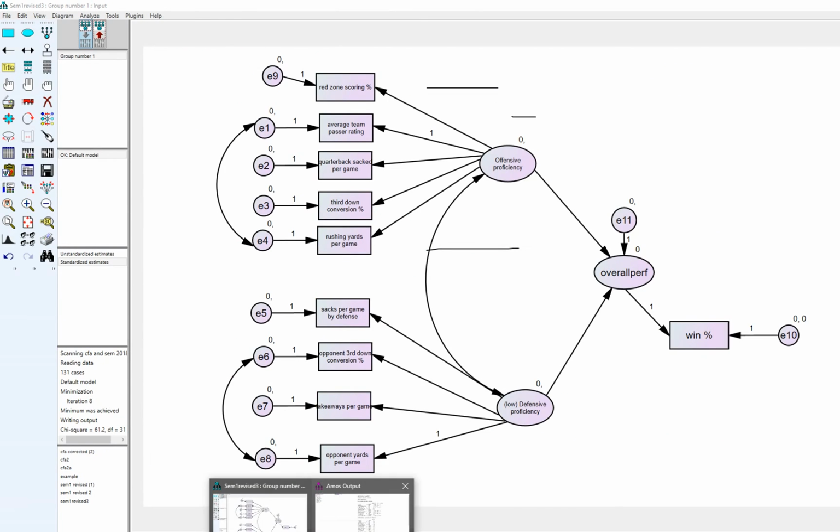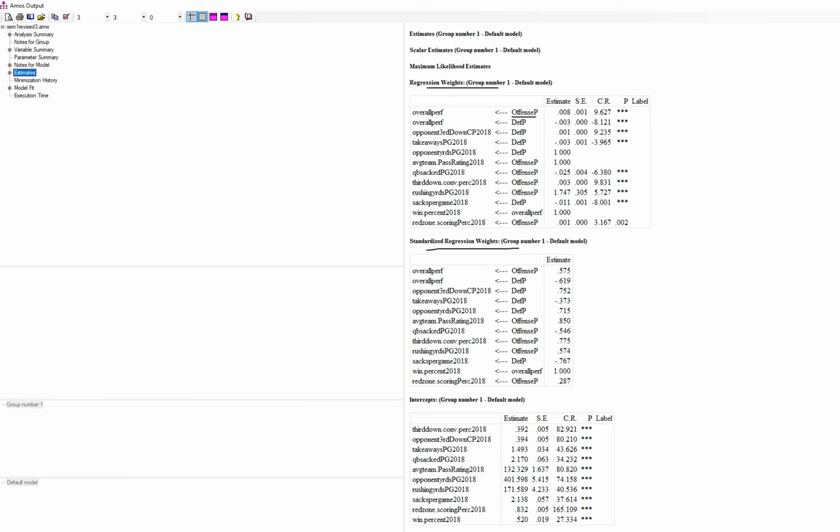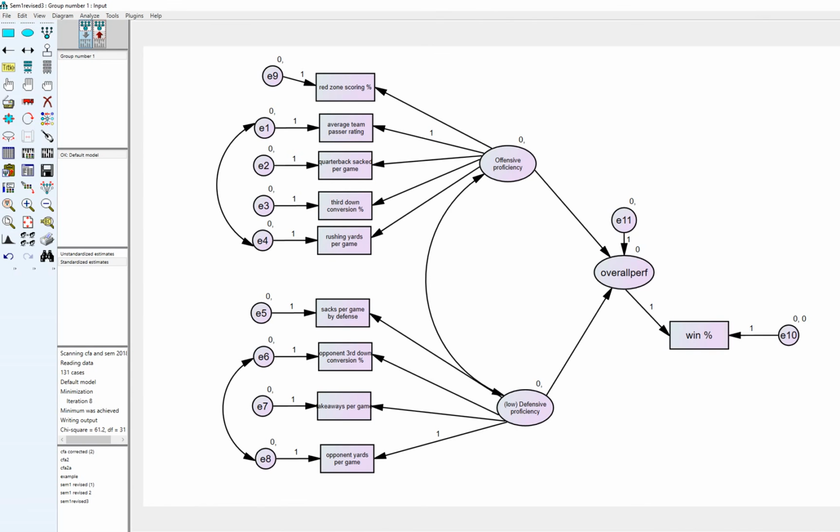So at any rate, going back then, we can see that offensive performance has a positive predictive relationship with overall performance that is statistically significant. Defensive performance has a negative predictive relationship that is significant. The thing about this negative relationship, though, is that we have to keep in mind that the defensive performance variable is actually reflecting low performance. And the reason why is that if we go back into our figure right here,